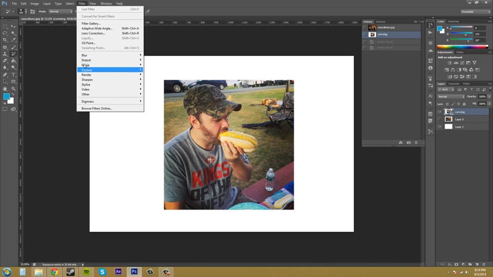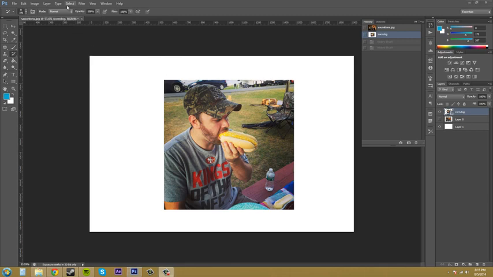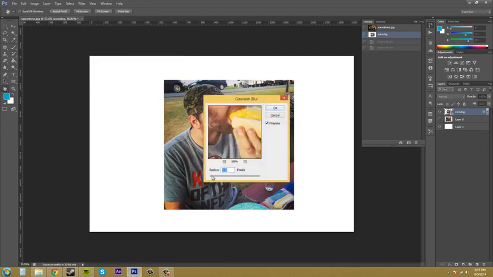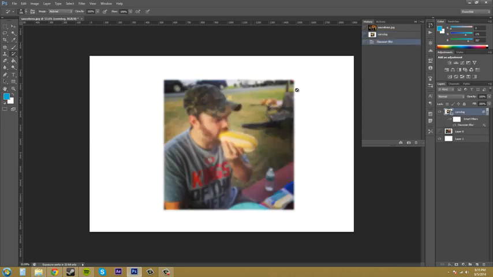Let me just figure out a filter. I didn't think of this ahead of time. I'll just throw on a blur, I guess. So we'll throw on this blur, and we'll blur it a decent amount. So it's pretty much blurred there. I'm going to take another snapshot,